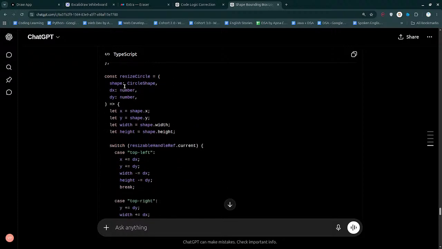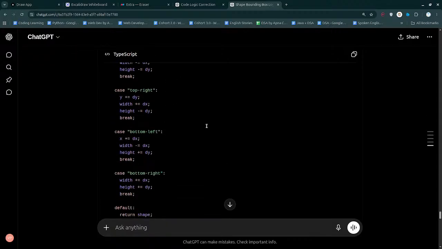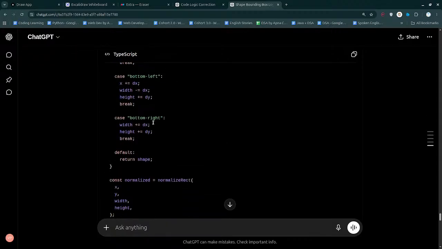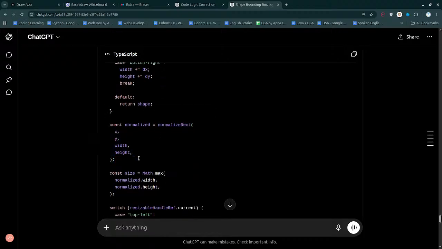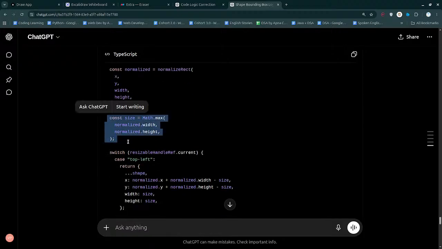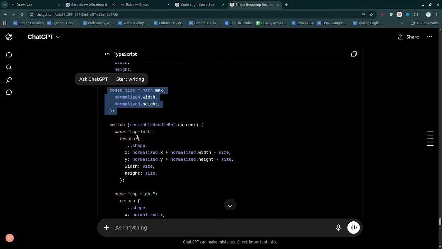And apart from this particular thing, we have a shape dx and dy for resizing a circle. Once we get them, we calculate this. Once we calculate this, we just simply do this calculation here, and once we done that, we calculate the normalized shape, and then we just get the size. Once we get the size, that is it. And apart from this particular thing,